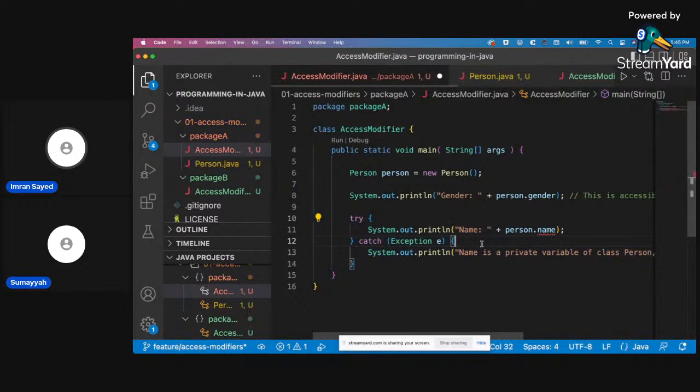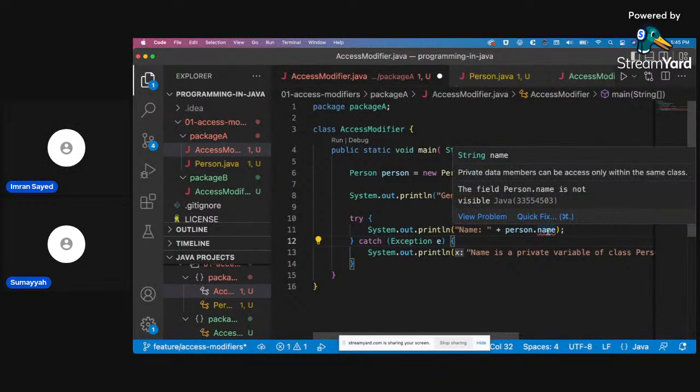So just tell me again why this try and catch won't work. That's supposed to be used if it will throw an exception. This is not an exception, I guess. Okay, it's a compilation error. So there's no way we can let the program run if we get some kind of error. No, I don't think so. There were two subclasses to throwable. Assertion. Yeah.